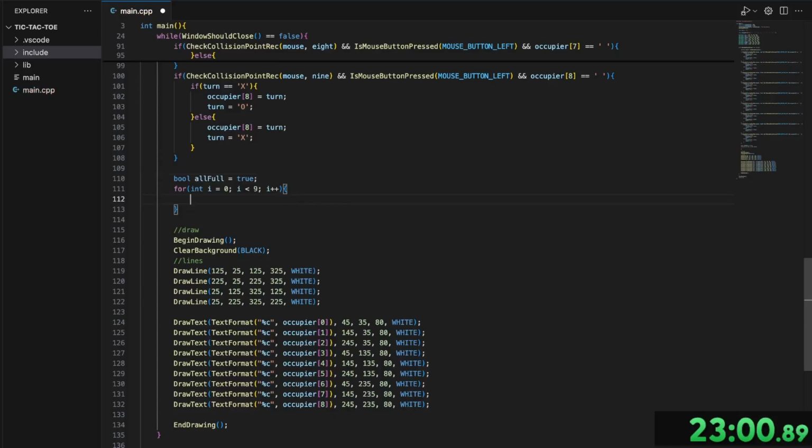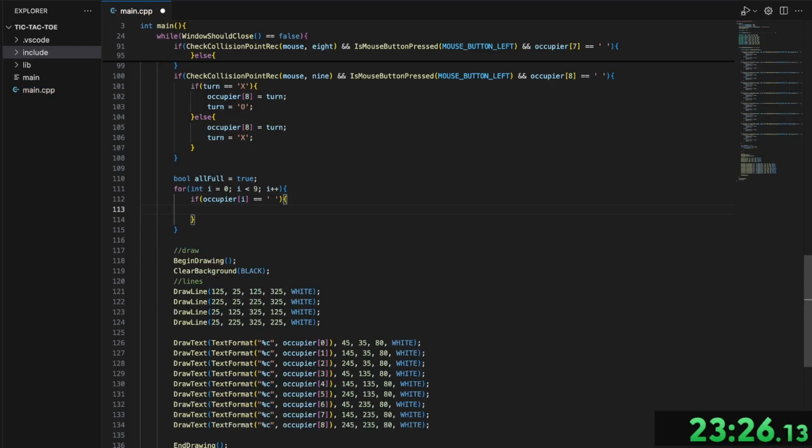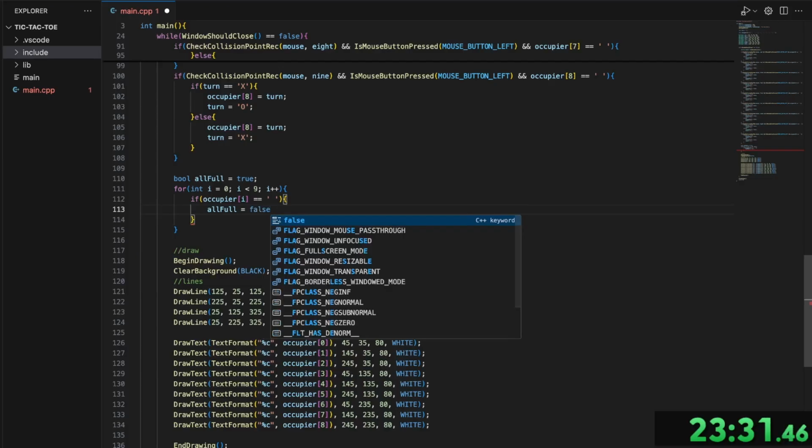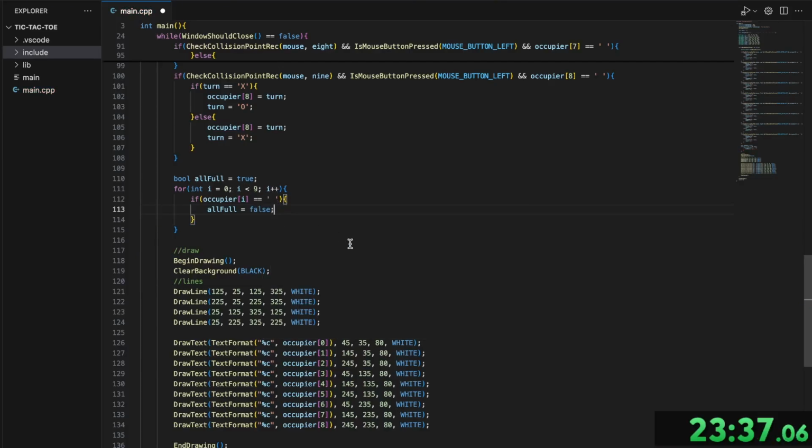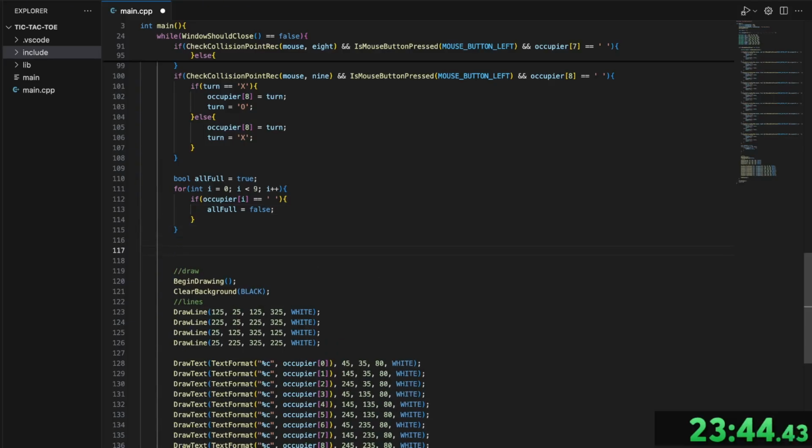Alright, now I'm gonna check every occupier of i, and then it's supposed to be an if statement. If that occupier is set to this, then we can open this up and set all full to false. And then is there a way to get out of this whole thing? Oh, it should be good actually. Then after this I check if all full